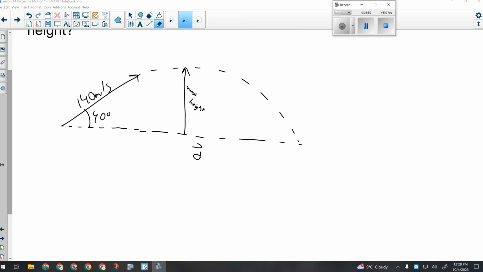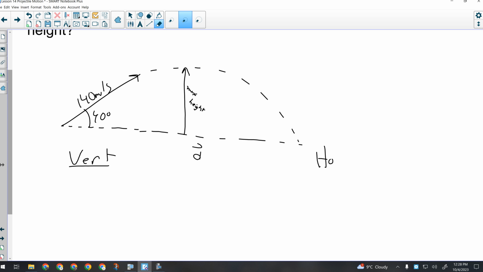All right, what we have to remember here is the same thing we remember for all projectile motion problems. There is a vertical component and a horizontal component. Okay? When I look at this projected velocity, this is how fast it is moving 40 degrees above the horizontal. That number is not vertical. That number is not horizontal. But parts of it are. That would be